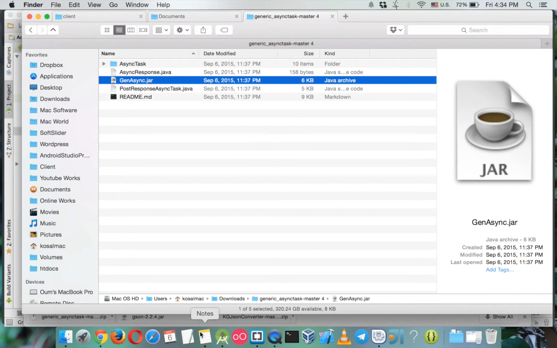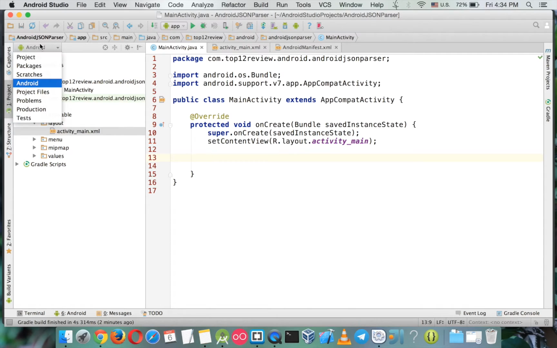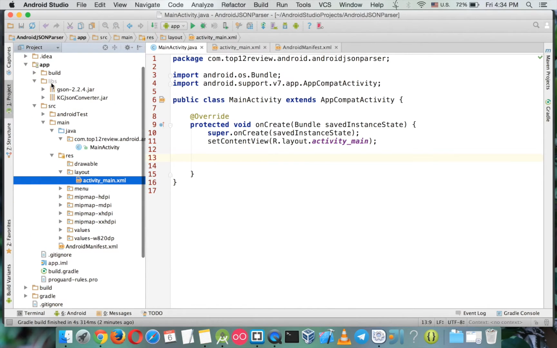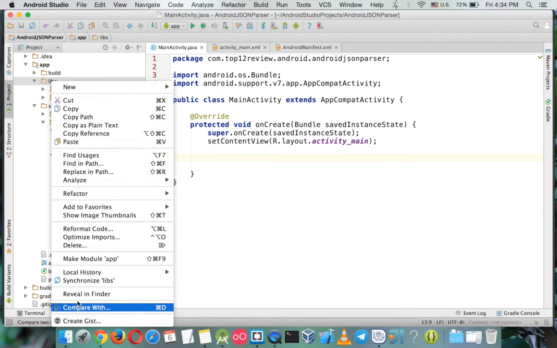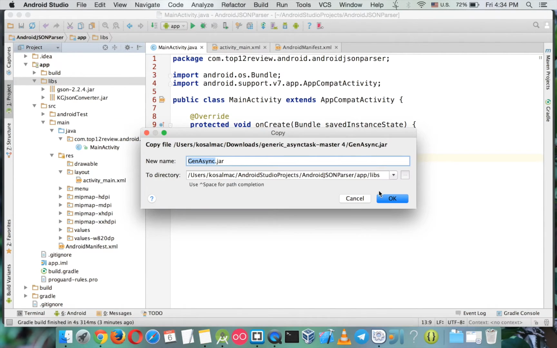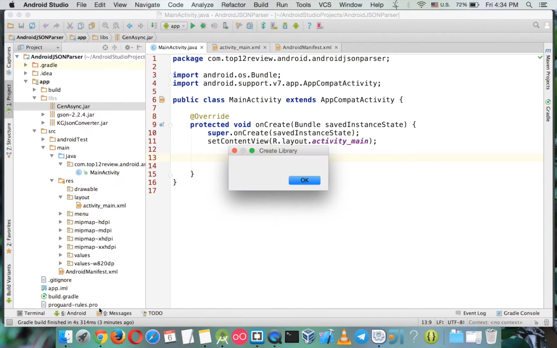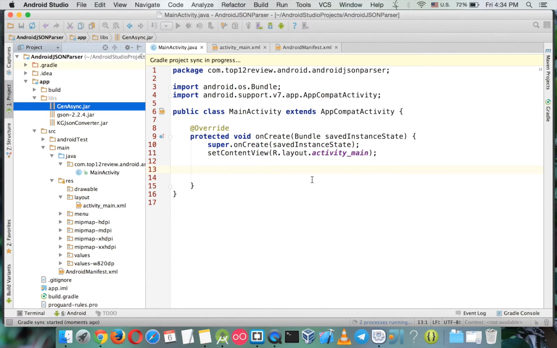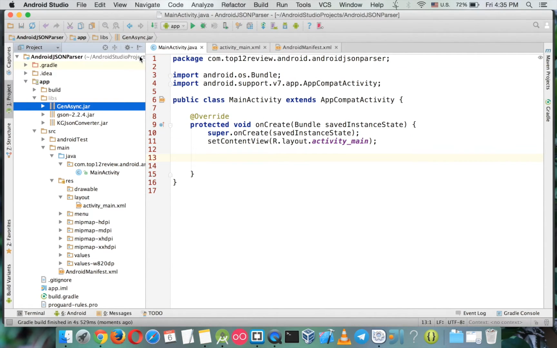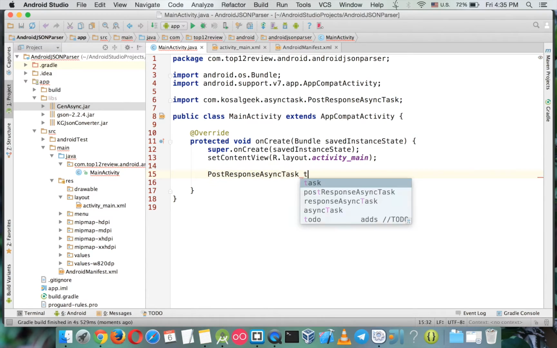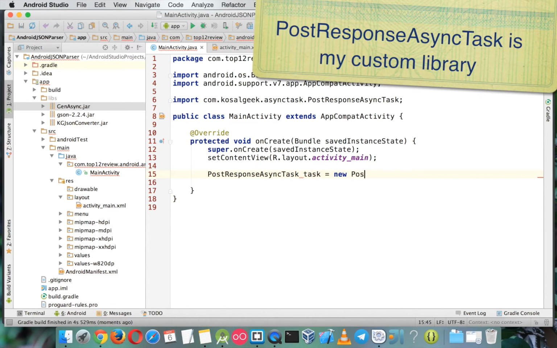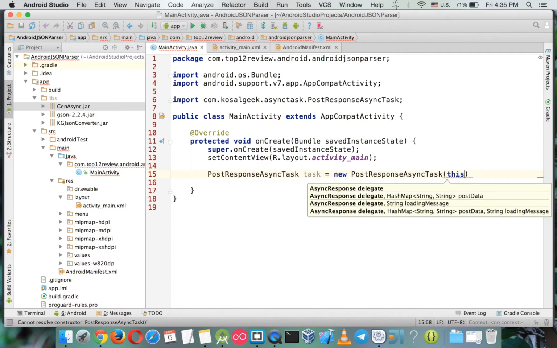So copy and go to your Android project. You have to go back to project again, and then you pass in libs. Where is it? Okay, here, and then right click on that file and add as library. Okay, so build finished. Okay, that's great. So you need to call post response async, and you can call task something like this. Okay, save this